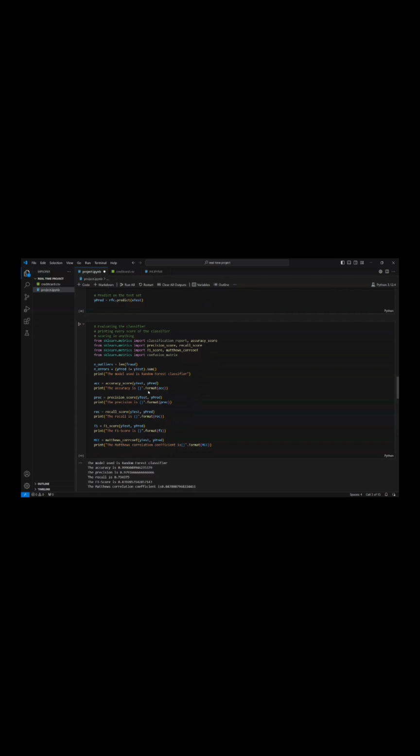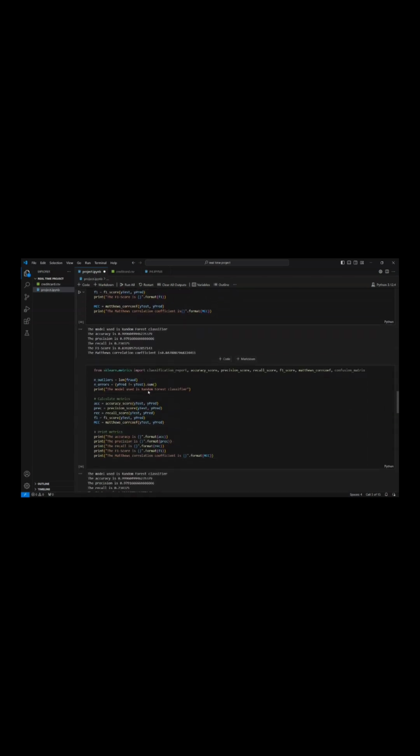Finally, we showed our model performance using a confusion matrix. This matrix gave us a clear picture of how well our model distinguished between normal and fraudulent transactions. Our project demonstrated a very great approach to detecting credit card fraud using Python. By carefully analyzing the data, building and evaluating a classifier, and visualizing the results, we effectively addressed the challenge of fraud detection. Thank you for your attention.